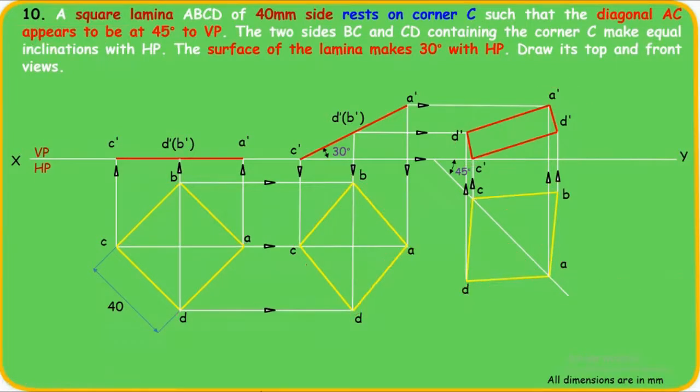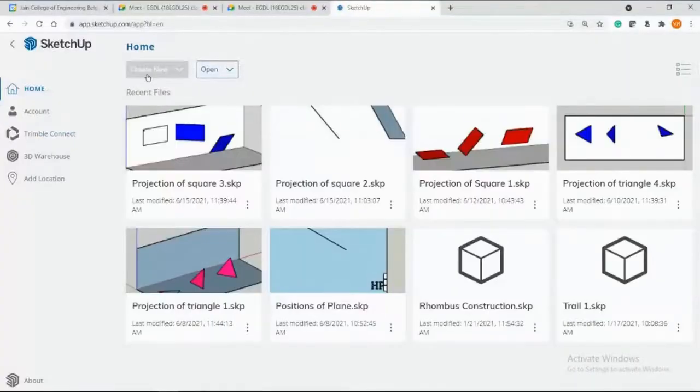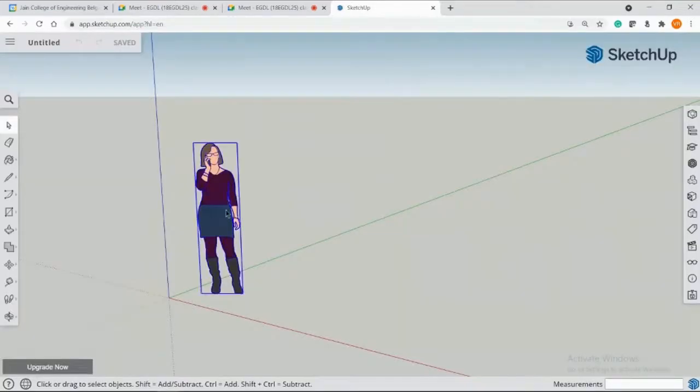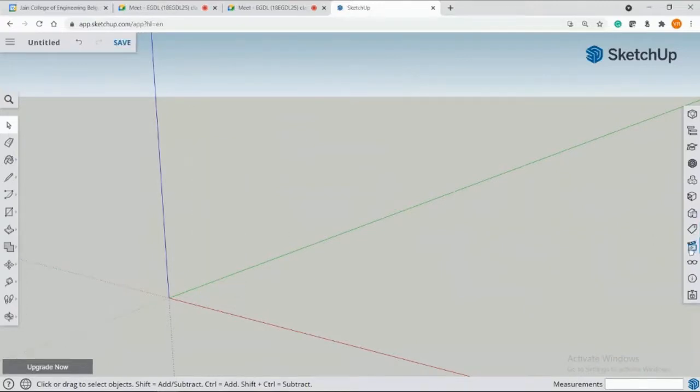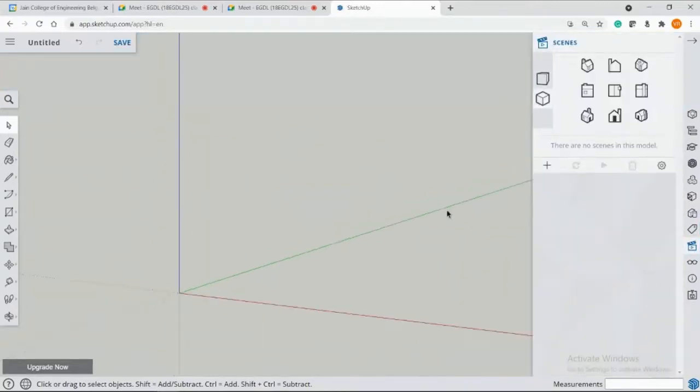Now let's see this in Google SketchUp. Let me create a new file here. Let me delete her, and convert this to orthographic projection.